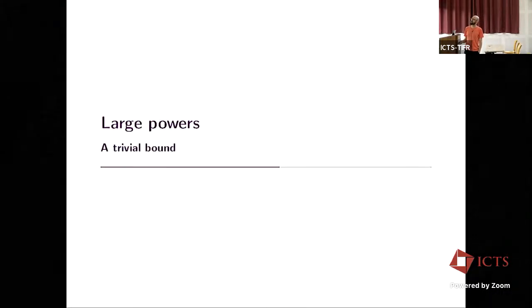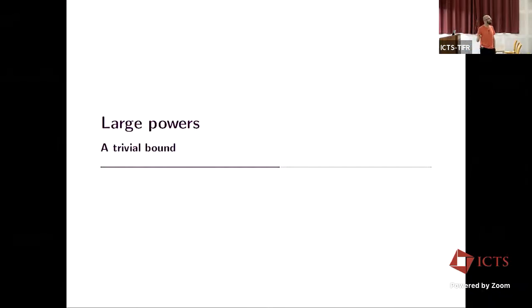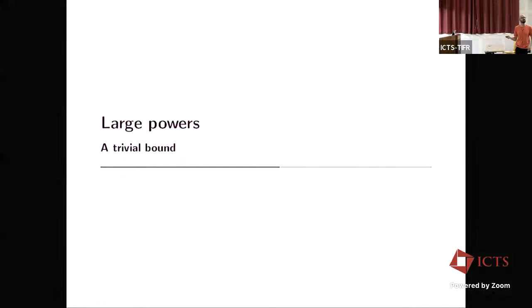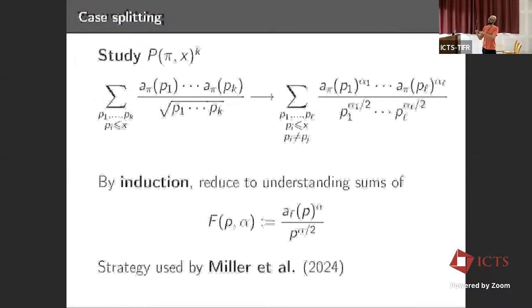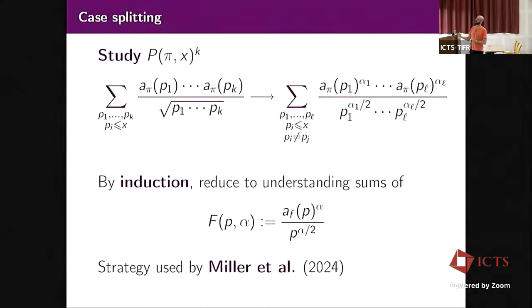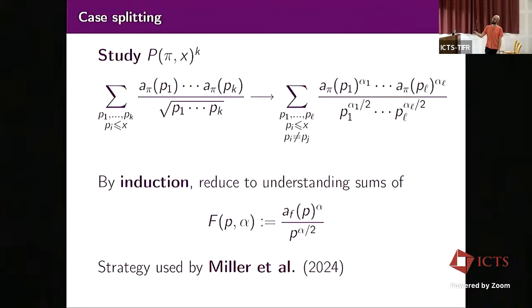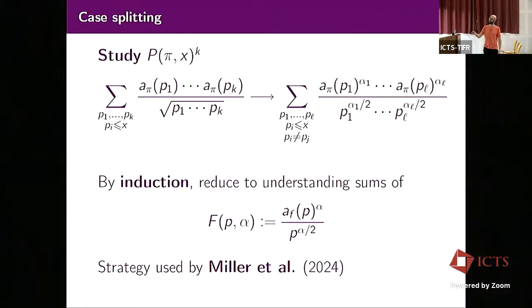So I did add a slide in between, but apparently I may not have sent the right version to explain that induction. So yeah, the induction works by adding back the primes p_i equal to p_j and removing them. By removing this condition, it's just a product you can separate. Then you can use induction, easy. And when you add them back, you're colliding two primes into a single one and putting a higher power. So then the induction will work because you'll have fewer factors. That's the spirit of the induction.